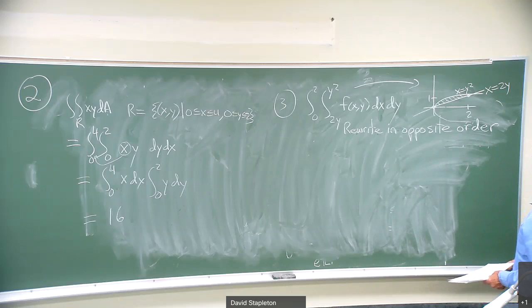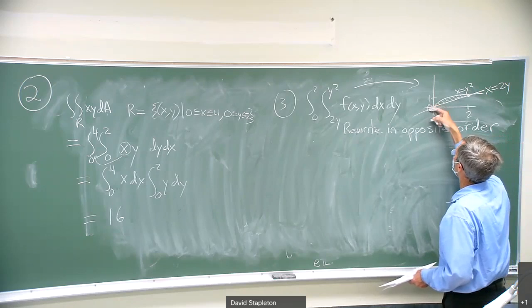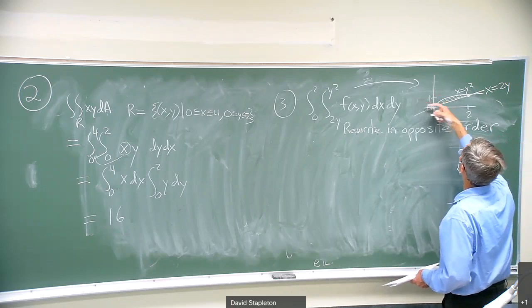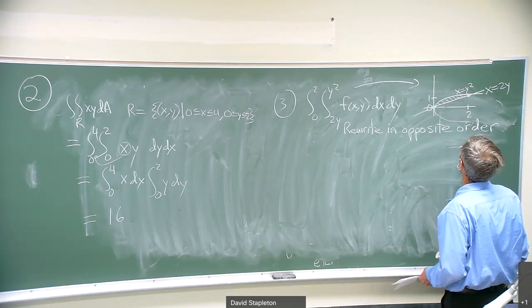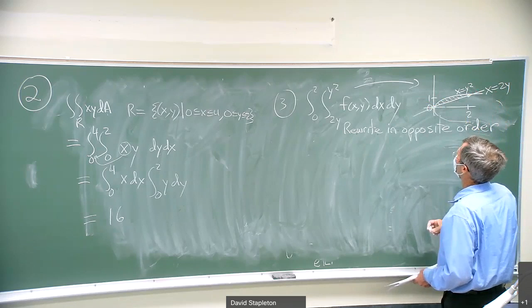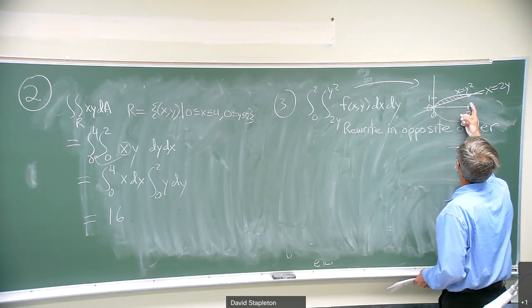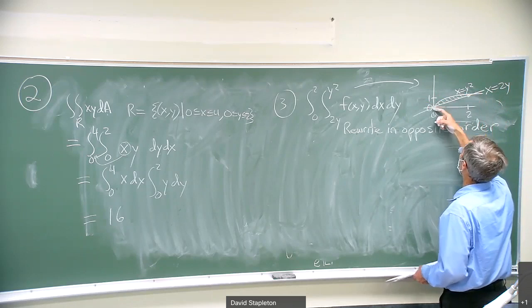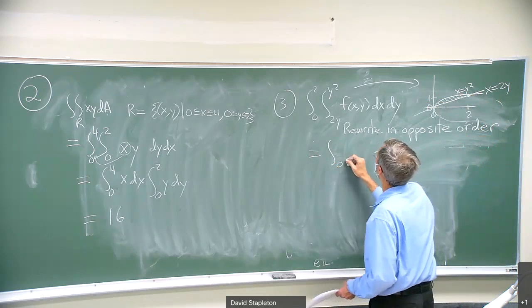What I do is I say, as this is, it's a type 2 region, the book calls it, where y goes between c equals 0 and d equals 1. And x goes between a curve x equals one function of y and x equals another function of y. So if I want to rewrite this as a type 1 integral, then I choose the x endpoints. These intersect at this region begins at x equals 0 and x equals 2. The outside limits are always